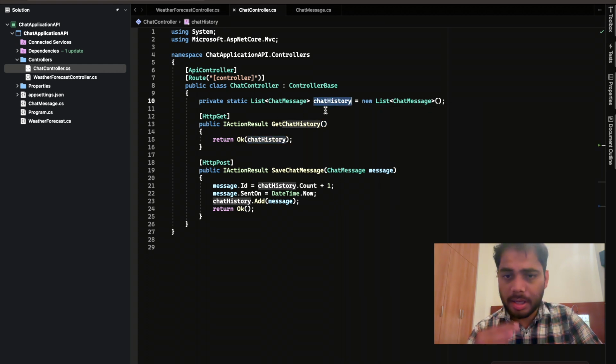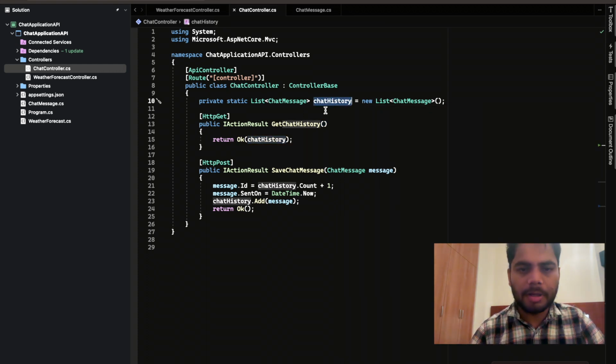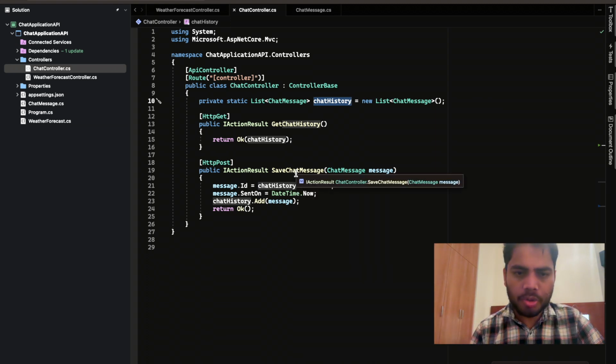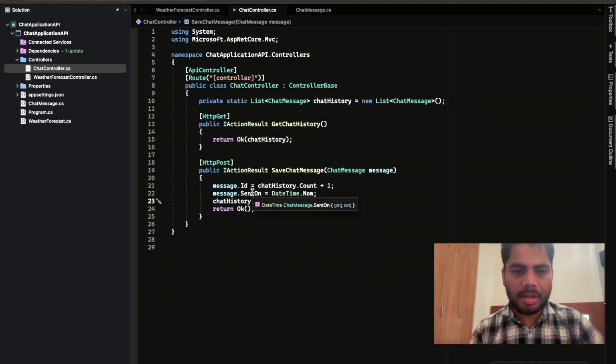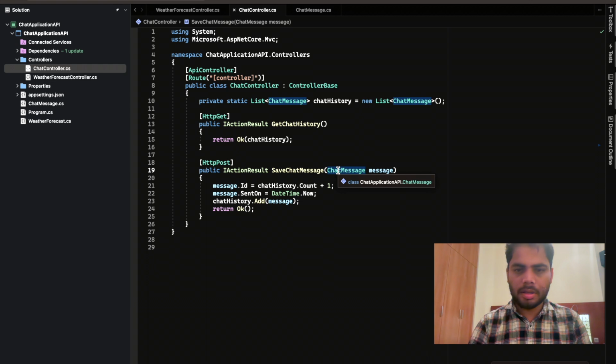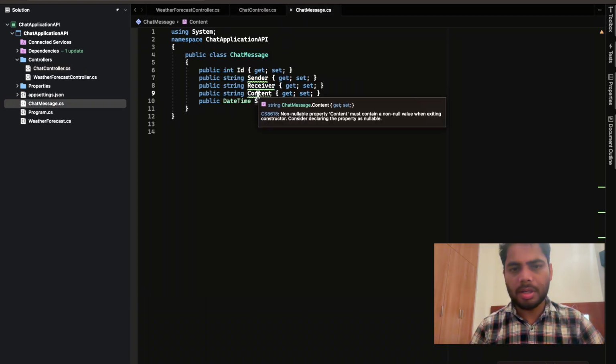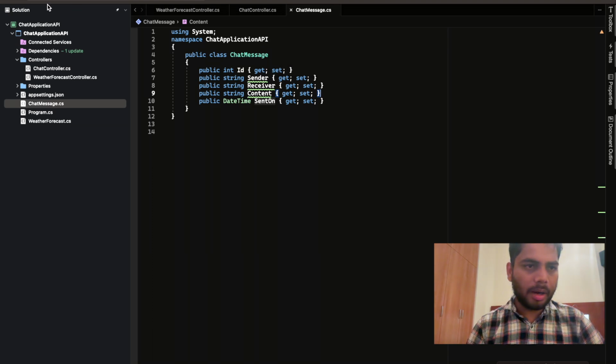So it contains the detail of all chat history, and whenever any chat message is posted, we are incrementing the ID of the message. The message send time is now, and then this message will have these contents: sender name, receiver name, and message detail. Now we'll go and run this